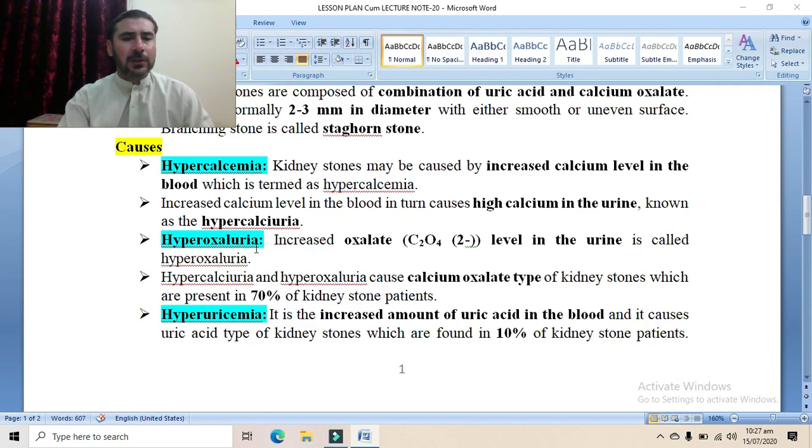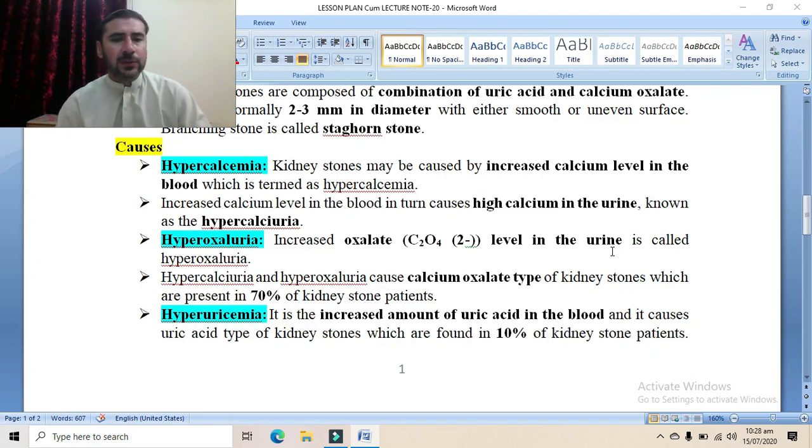Now, hyperoxaluria is another major cause of kidney stones. It is due to a high oxalate level in the urine, which occurs whenever there is a high oxalate intake in the food. Oxalate is found mainly in leafy vegetables. Whenever we take an excess amount of oxalate, the oxalate concentration becomes higher in the blood as well as in the urine. And this condition in which the urine has a high concentration of oxalate is called